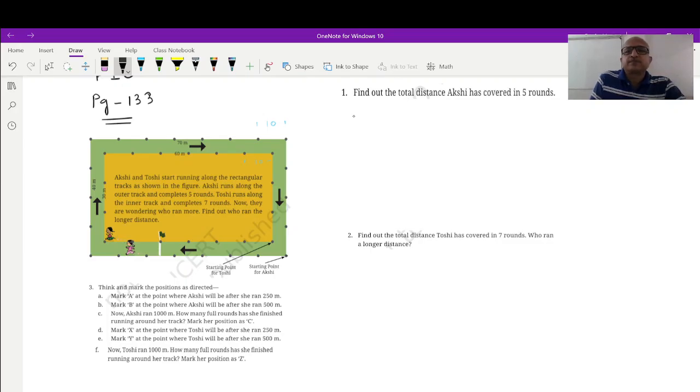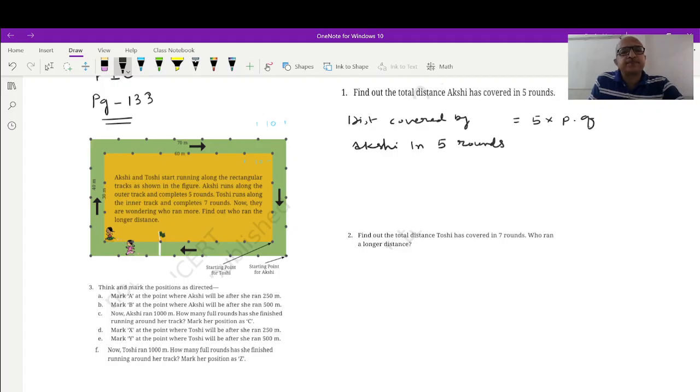So the distance covered by Akshi in 5 rounds. As there are 5 rounds, so 5 into